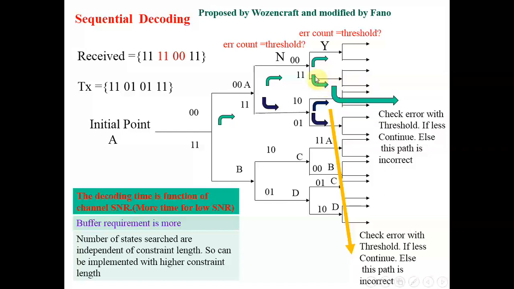But now see, a very important point. If I take this diversion and again calculate my error count, and the error count matches the threshold, that means this path is also incorrect. Now see the situation. From this point, if I take this path, I am getting an error count equal to the threshold, so I conclude this path is not correct. Even if I take this path, and the error count is hitting the threshold, I say this path is also not correct. That clearly indicates this point itself is not correct, so I should not have come to this point from this point. So this path itself is incorrect, I should try this path.